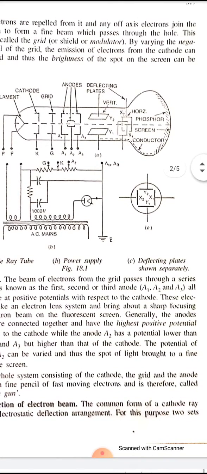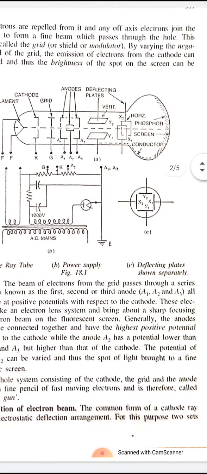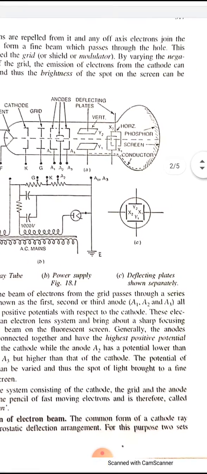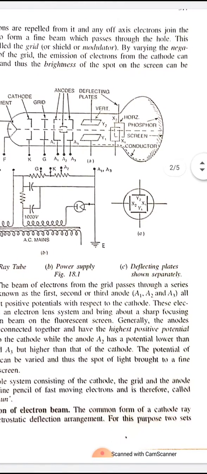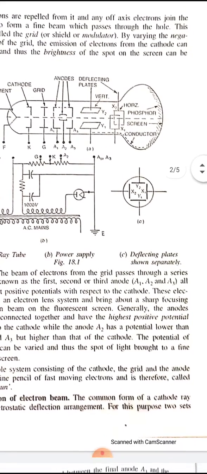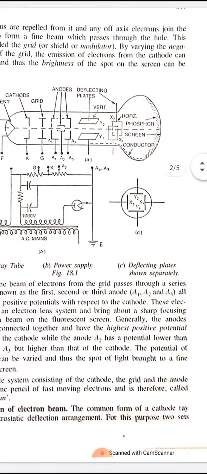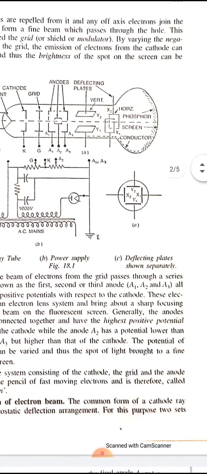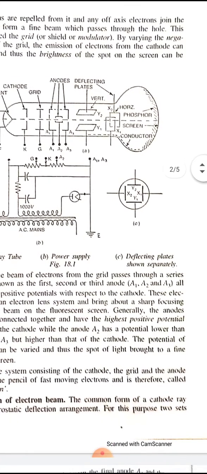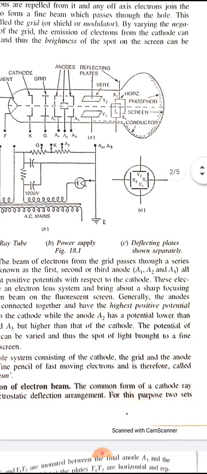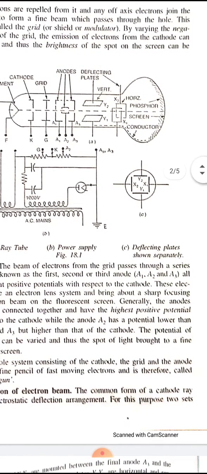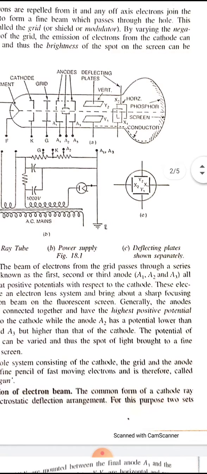If electric fields are simultaneously set up between the vertical and horizontal deflecting plates, the resultant displacement of the electron beam is in accordance with the vector sum of the vertical and horizontal displacements. The position of a spot on the screen can therefore be adjusted by applying a suitable DC potential to each of the two sets of deflecting plates. One plate of each pair, X1 and Y1, is connected to the anode A3 so that there is no electric field between the plates and the electron gun,